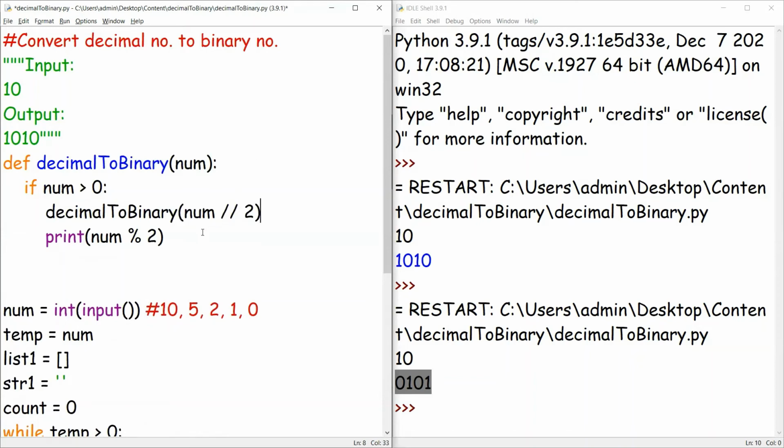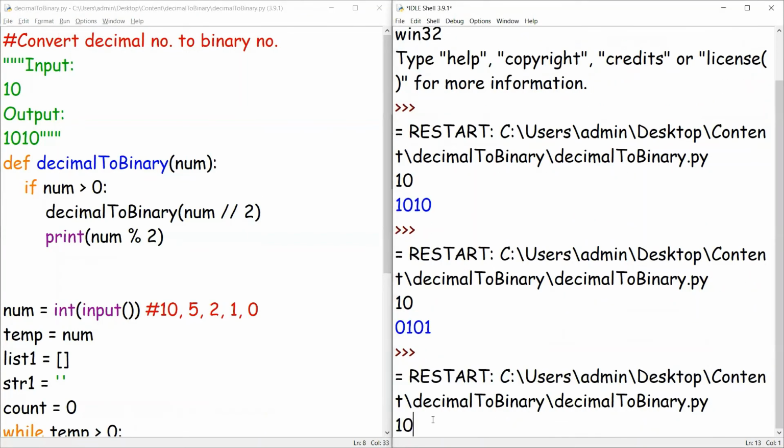There is a similar sort of example already discussed in my previous video of recursion in detail. You could watch the video by clicking on the I button on the top right corner. So now let's come back to the program. This could be the other easiest approach here by using the concept of recursion. Now let me save my code and run the code by giving the value 10.